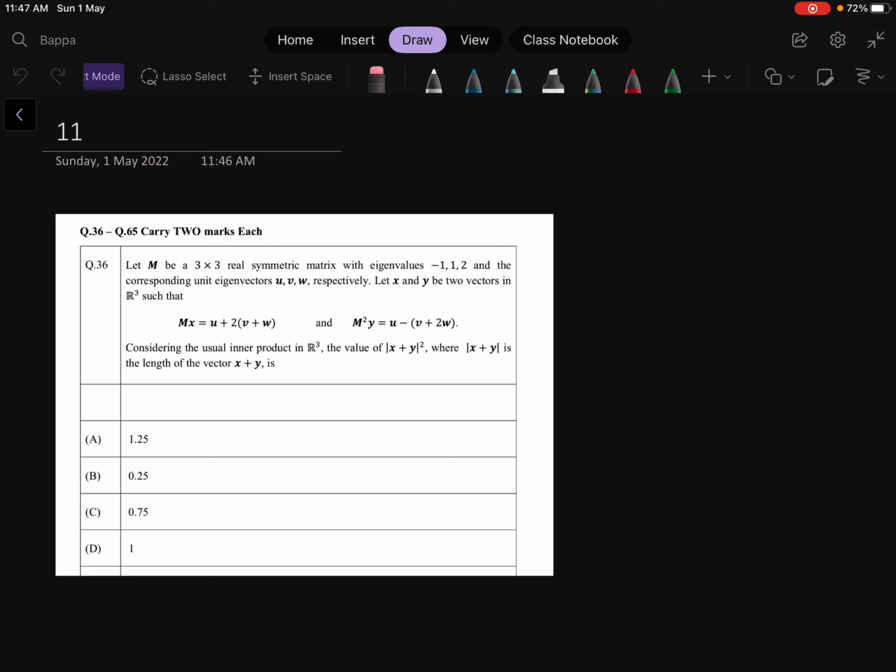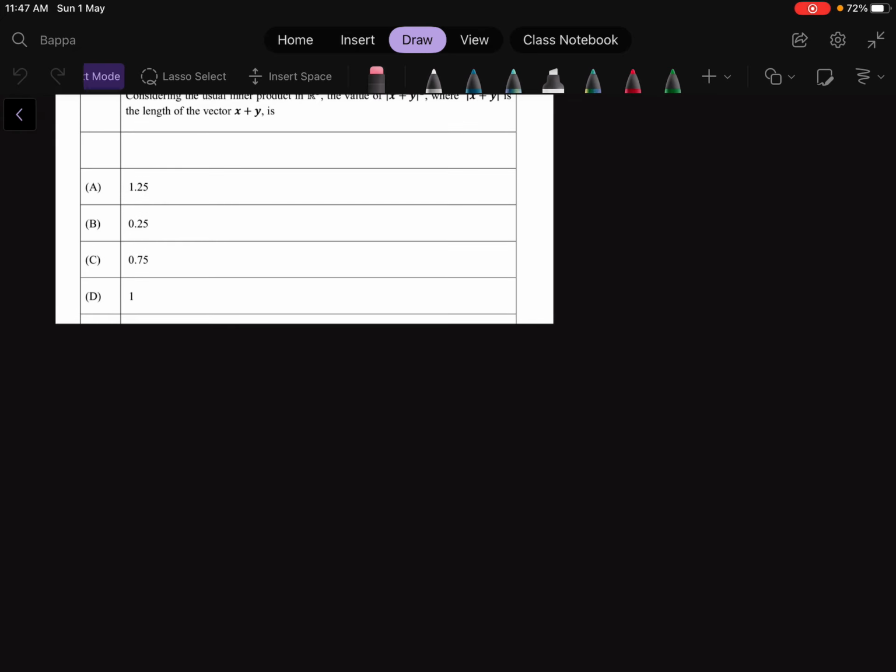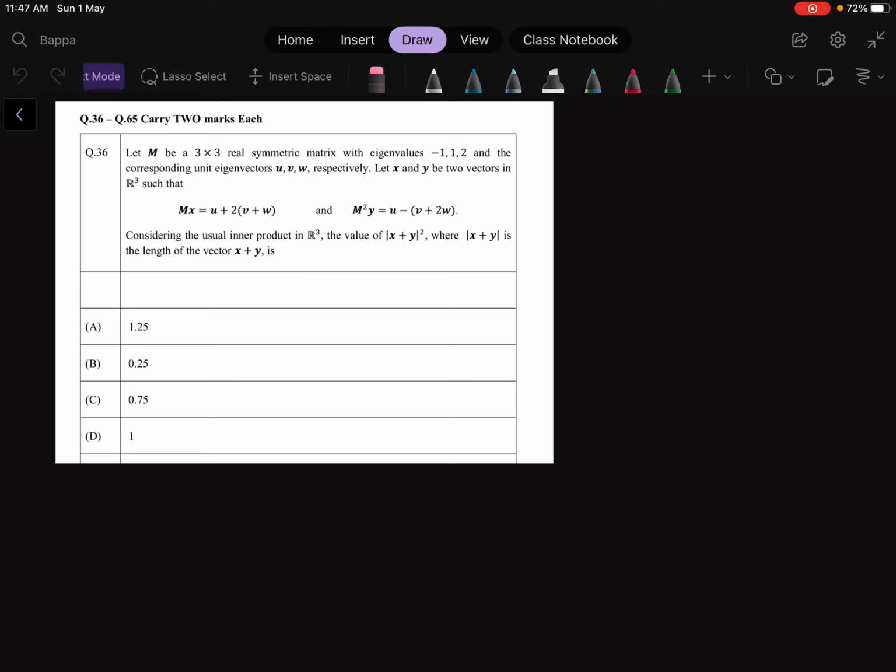This is GATE 2022 statistics paper, question number 36, which says: let M be a 3 cross 3 symmetric matrix with eigenvalues -1, 1, 2 and the corresponding unit eigenvectors u, v and w. Let x and y be two vectors in R3 such that Mx equal to u plus 2v plus w and M²y equal to u minus v plus 2w. Then considering the usual inner product in R3, the value of mod of x plus y squared, where mod of x plus y is the length of x plus y. So what we have here? We have